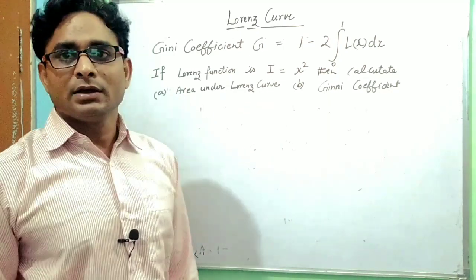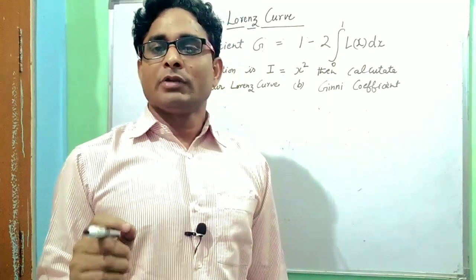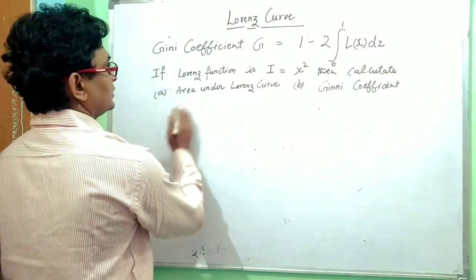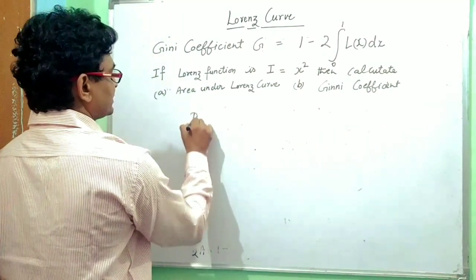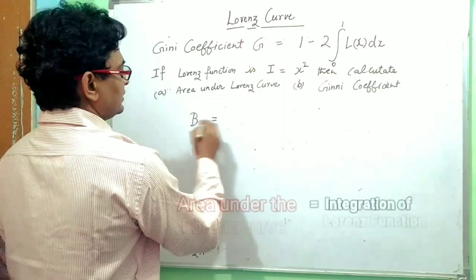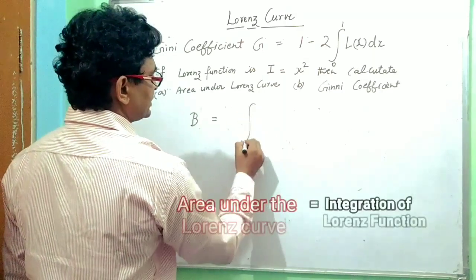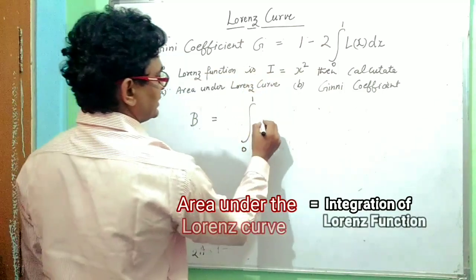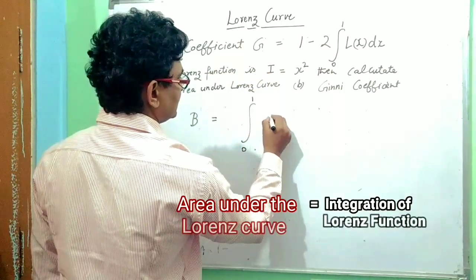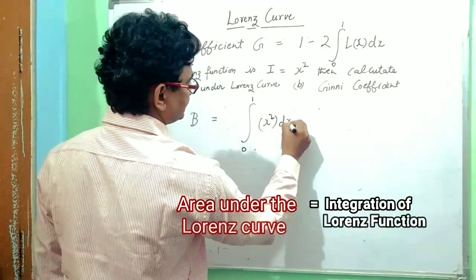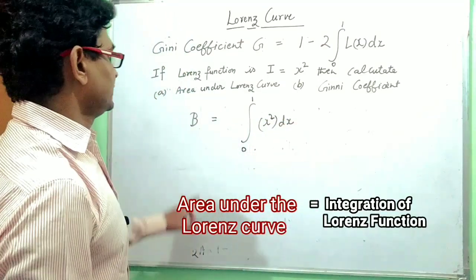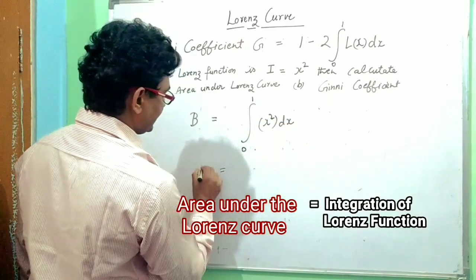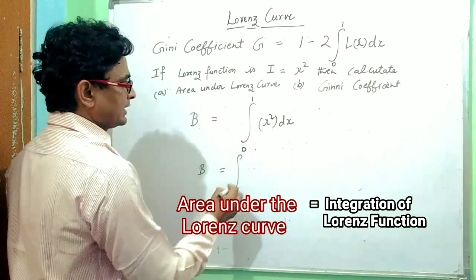To calculate it, as we have seen earlier, B is equal to integration 0 to 1 of this function, x square dx. If we integrate this function, we will get the area under the Lorenz curve, that is